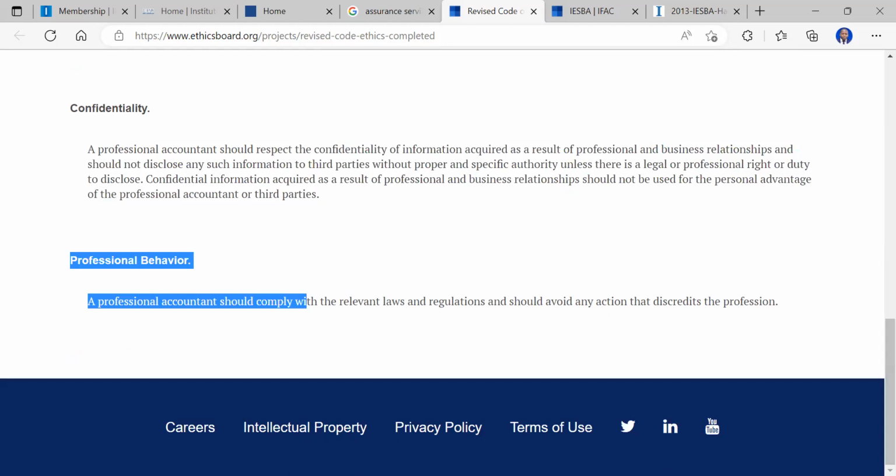And then we have the last one, which is called professional behavior. Professional behavior says a professional accountant should comply with relevant laws and regulations and avoid any action that discredits the profession. Some of you that have been around for some time, you know that we've had some accountants in this country